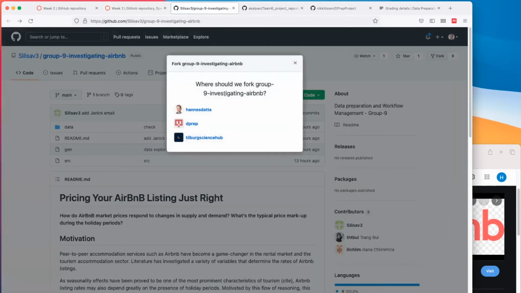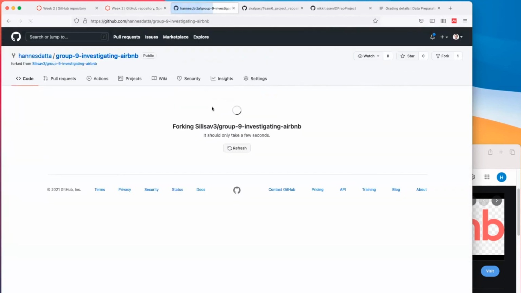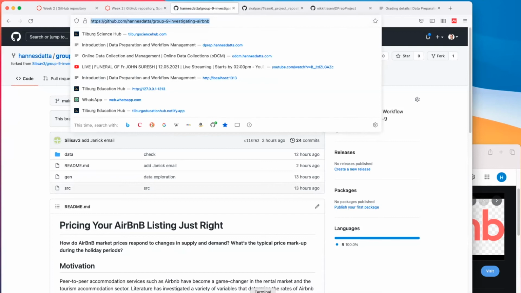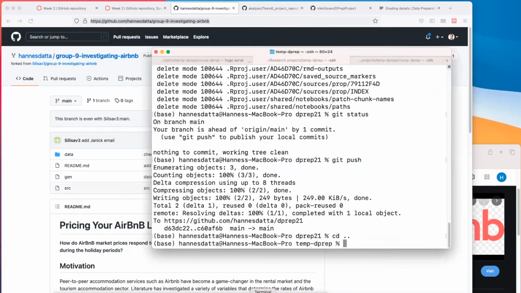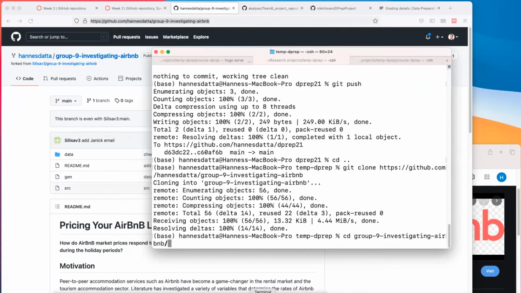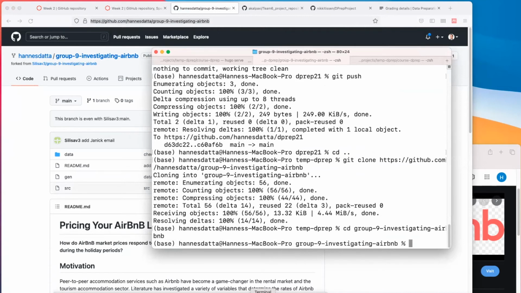I want to fork your project and try whether it runs on my computer, because that is something that you guys should all do over and over again, right? Making sure your project runs on other computers. So I do git clone, checking out my fork, and I do cd group 9. Please get a better title. Plus get a short title because people are lazy to type.